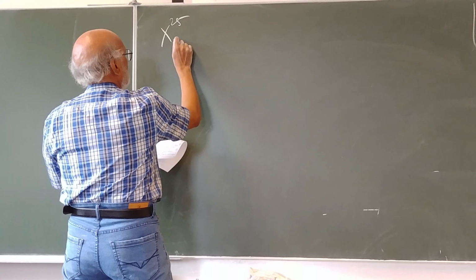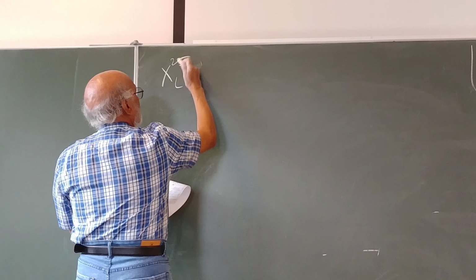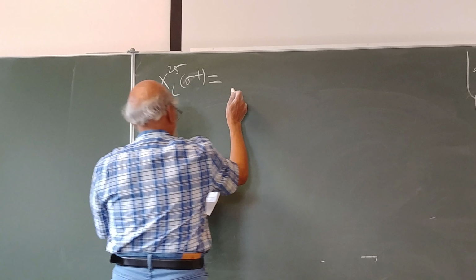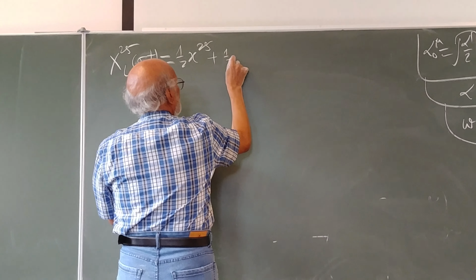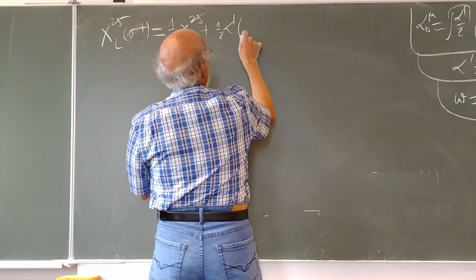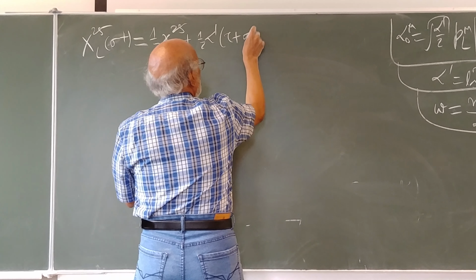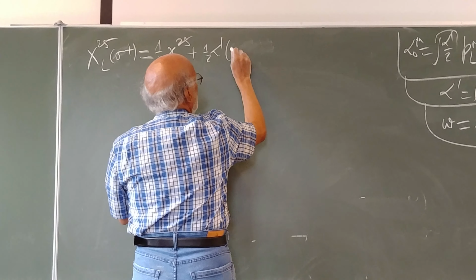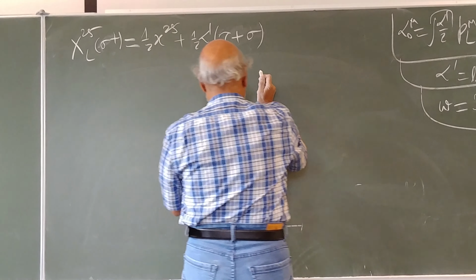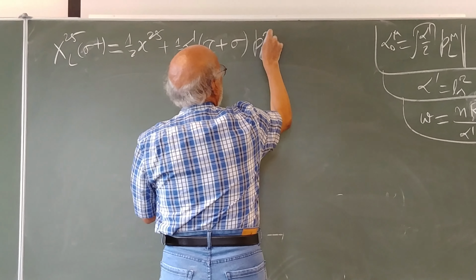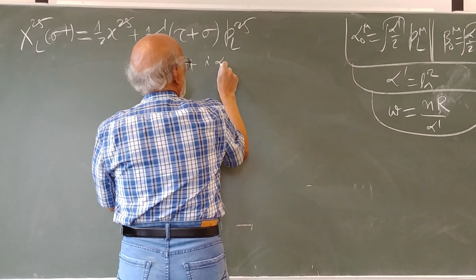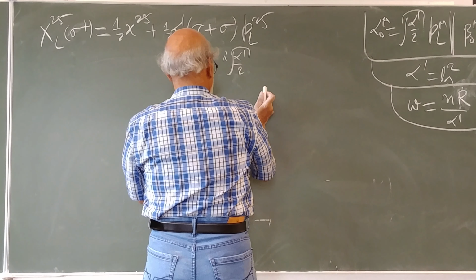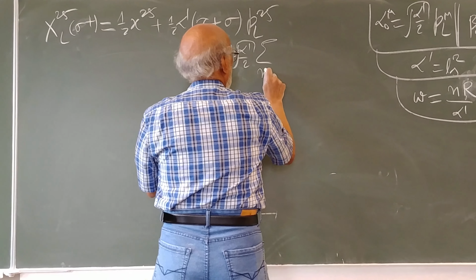So what you have is x25 L of sigma plus, this is 1/2 x25 plus 1/2 alpha prime tau plus sigma, PL25 plus iota alpha prime by 2 summation over n